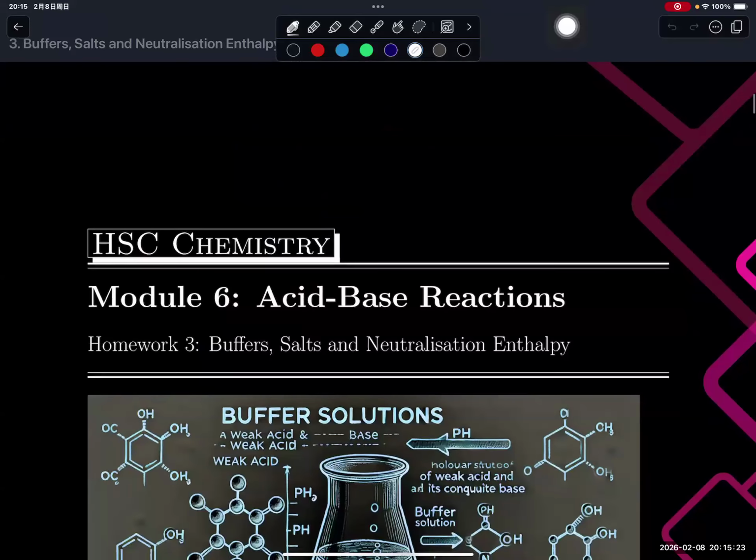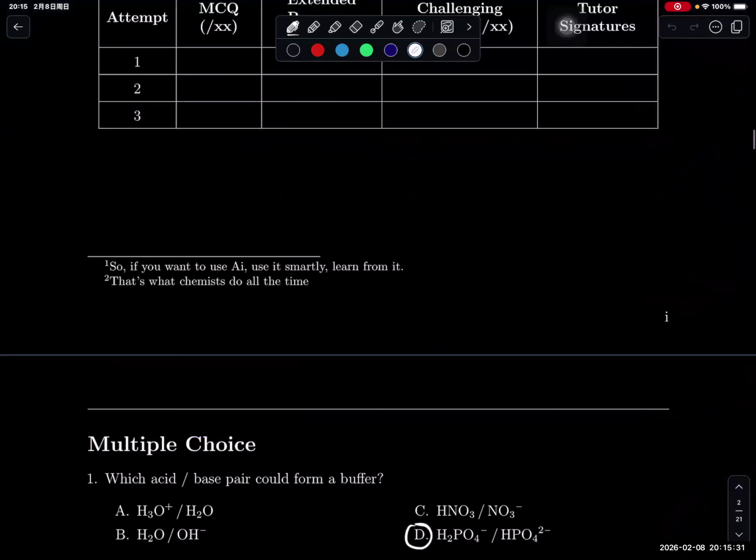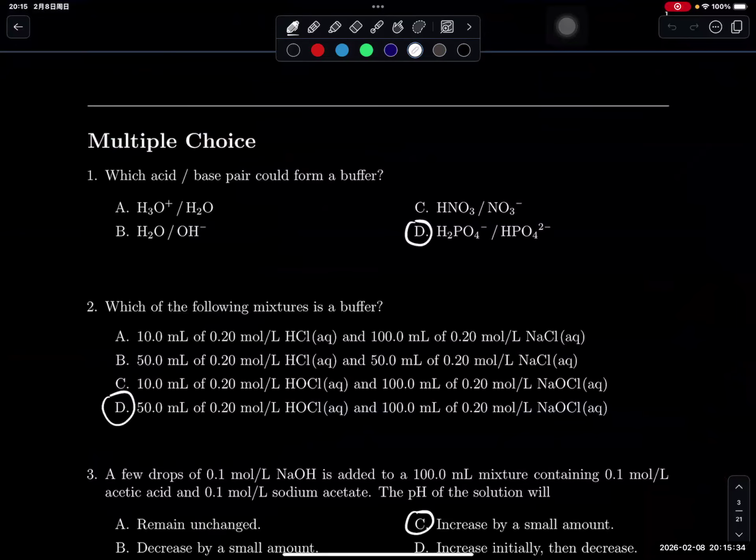So this is the homework video for Module 6 acid-base reactions. It's talking about buffers, salts, and neutralization enthalpies. Okay. Getting into the multiple choice, the first question asks which acid or base pair would be suitable for